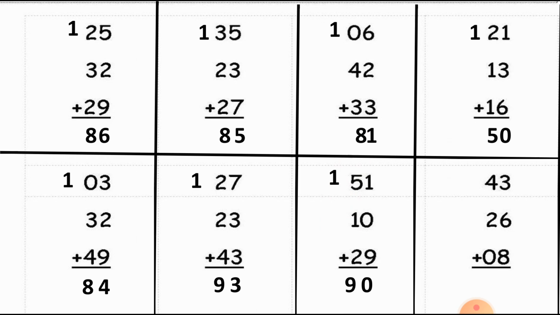Let's move to the next and also the last sum, 43 plus 26 and 8. In this the ones column is 3 plus 6 plus 8. Now the total of the ones column is 17. So we can write 17 this way, 7 at the ones column and 1 will move as a carry forwarded number. Now let's add the tens column, which is 1 plus 4 plus 2 plus 0, and the total of the tens column is 7. So here is our answer, 77. Hope there is no doubt in this topic.